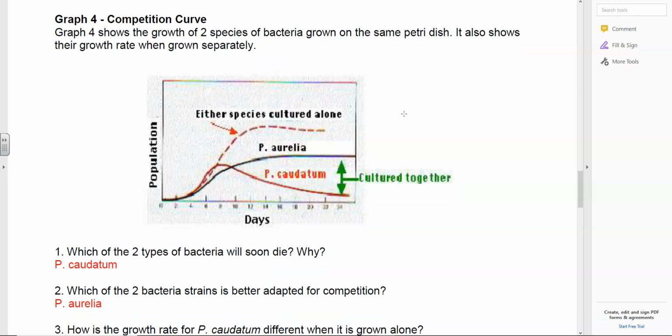Okay, competitive exclusion. I included this in one of the slideshows, presentations that I did. These are two species of bacteria. If you had either of them grow by themselves, this dotted line is the expected growth over, looks like about 30 days. Okay. But if you grow them together, because they compete for the same resources, so whatever nutrients are in the petri dish that they're growing in, you can see that this one here, which is